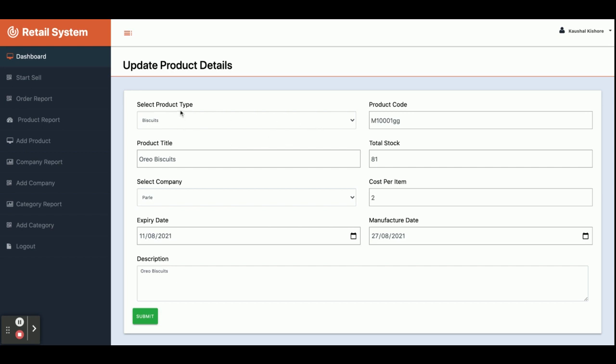There are two drop downs here, the product type and the company. The values of both drop downs come from the database: the product type comes from the category and the company comes from the company report. This is add product. From here you can add any number of products, and all of the products will be available in the sales dashboard.